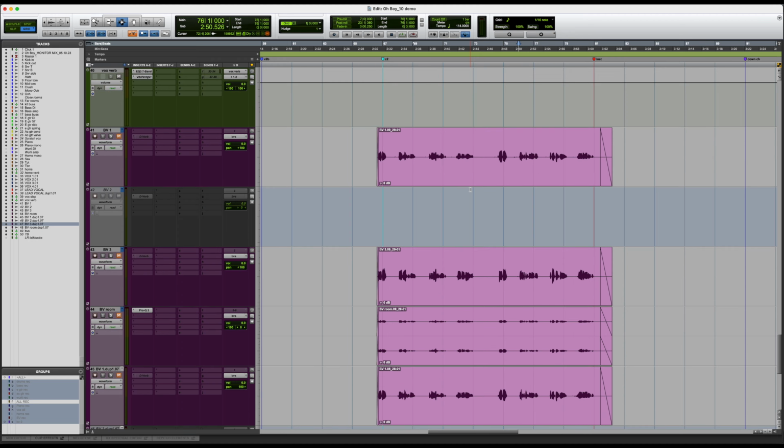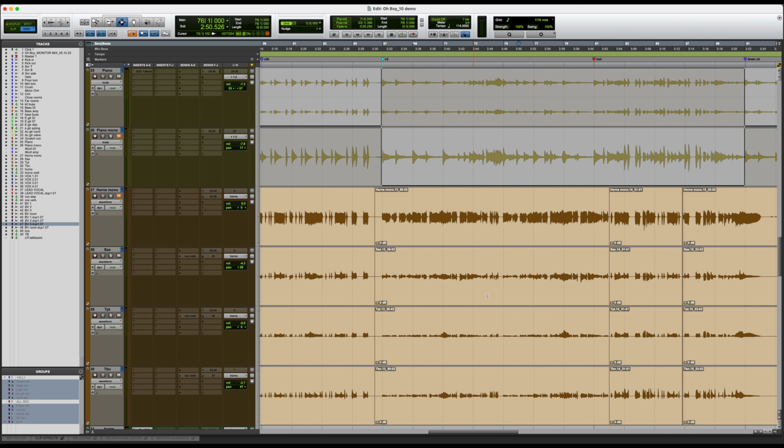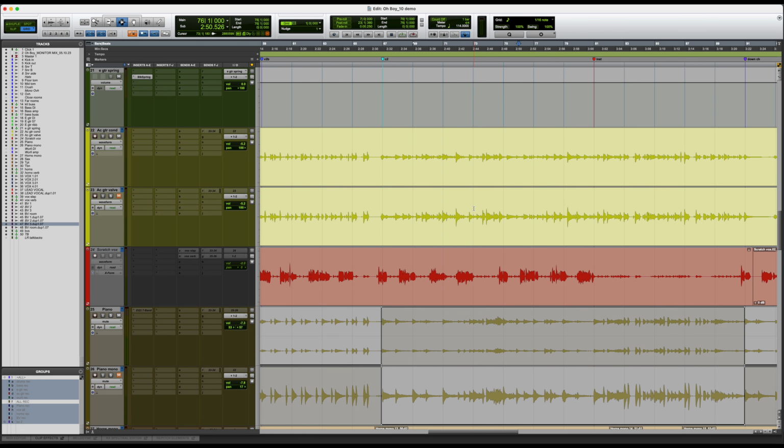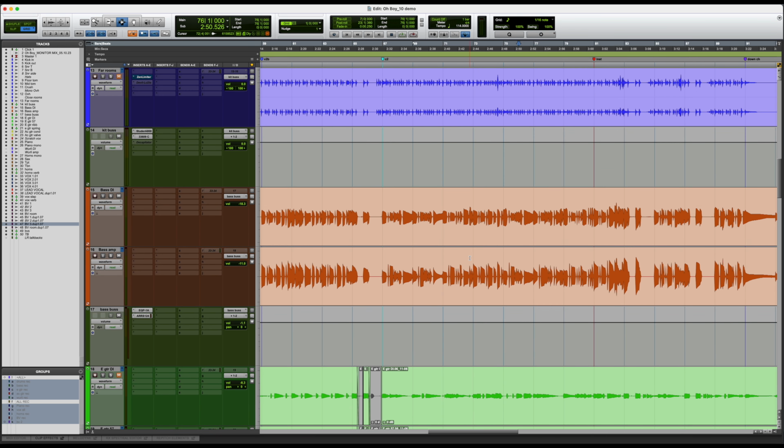Check out what the waveforms look like, right? Here are some vocals here. Okay, there's louder bits, there's quieter bits, but the difference between those isn't that big. More vocals. These are some horns. Very, very constant level on most of those. Here's some acoustic guitar, electric guitar, bass. And now check out the drums.